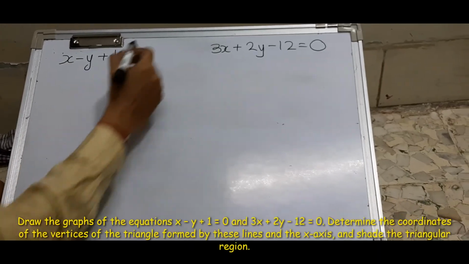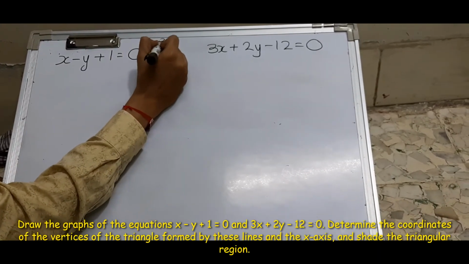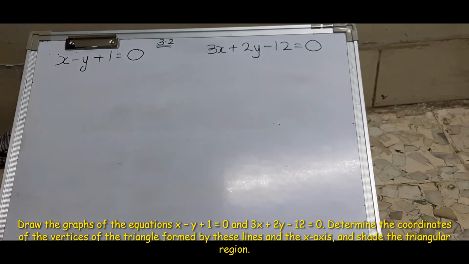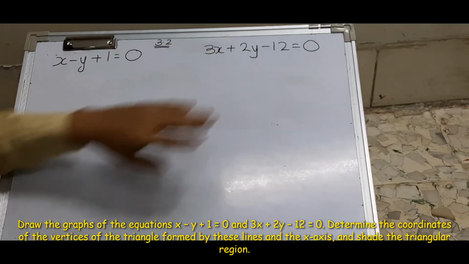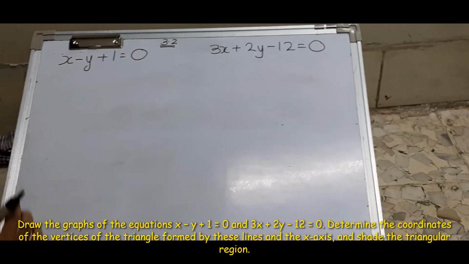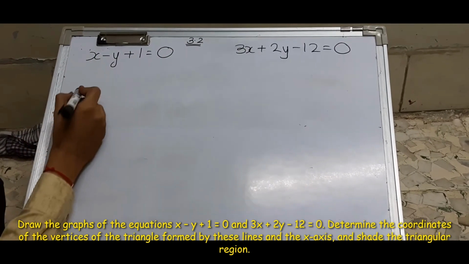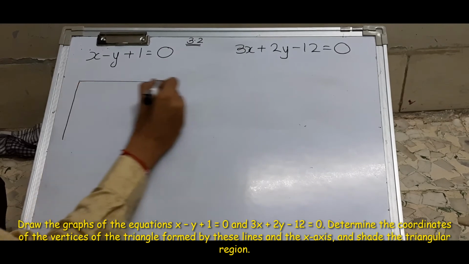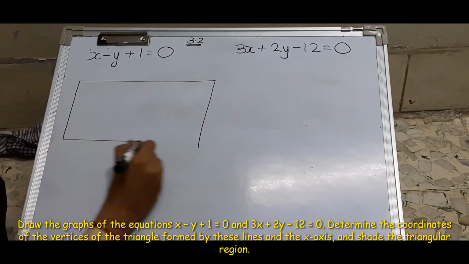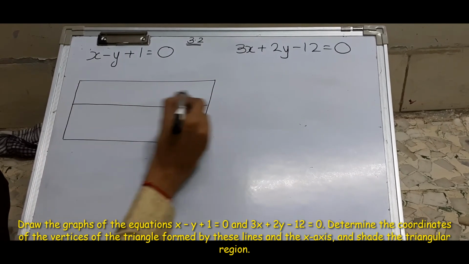The sum is from exercise 3.2. We are doing it here only because it is properly graphical. Two equations are given. You have to plot the graph of this and then we'll see the remaining part of the question. So again here, I draw the table. You will find the values. Just verify whether you get the same or not. Okay?